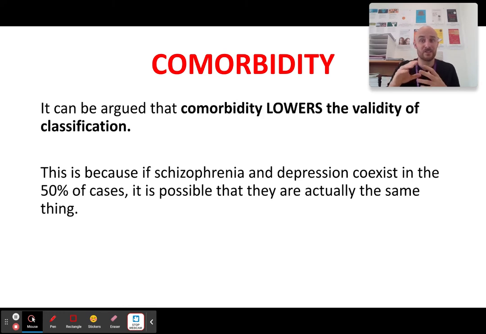Maybe the ones in which they're coming up with schizophrenia and depression is just a worse version of schizophrenia. But at the end of the day, it's all just schizophrenia. So this lowers the accuracy of the DSM. Why does it? Because the DSM may not have some depressive symptoms in there, despite the fact that depression could actually be part of schizophrenia. You may have to watch that a couple of times in order to get your head around it. It is complicated, right? But at the end of the day, this bullet point is going to come up this year.